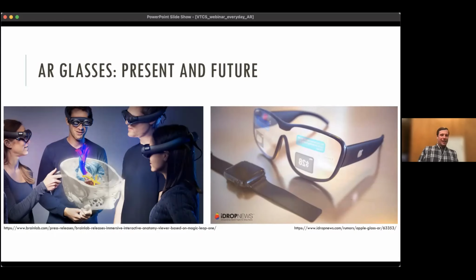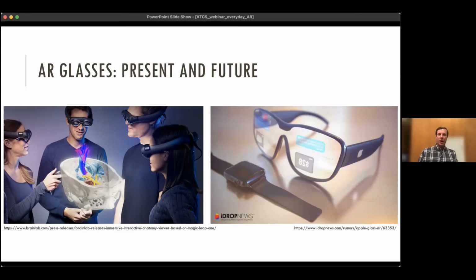And these glasses are state of the art, but they're still bulky. They're not something that you would be able to wear all day. They only have a battery that lasts about an hour. They have a cable that goes down to a computing pack that's on your belt. And so they're not really everyday AR glasses. We don't have those today, but we do know that a lot of companies are working on them.